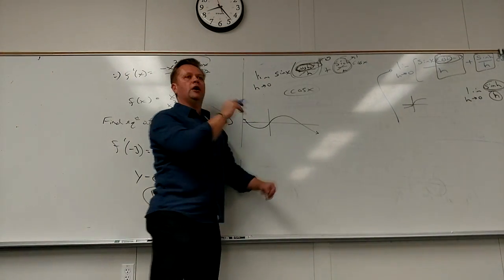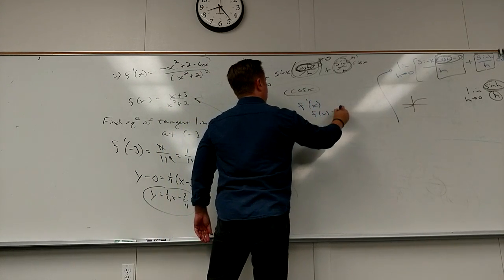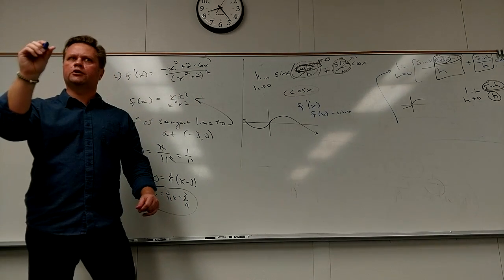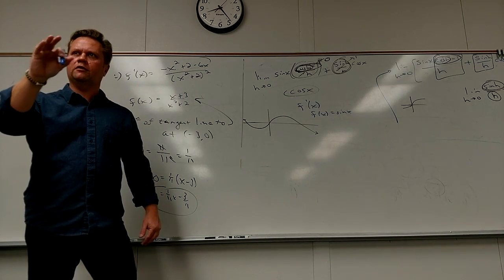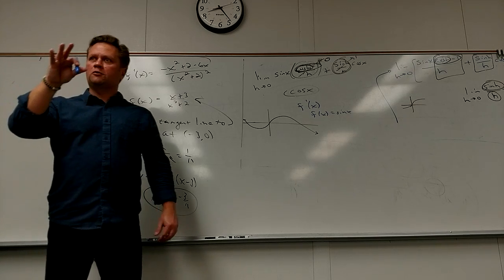What do I first plot when I'm trying to plot f prime? If my f is sine, what do I first plot? Where do I start? What are the most important points to start with? I'm trying to plot the slope. Anchor points, which is where the slope is